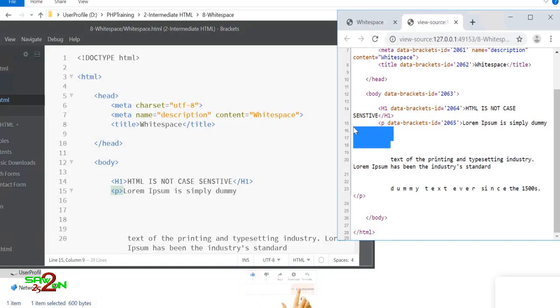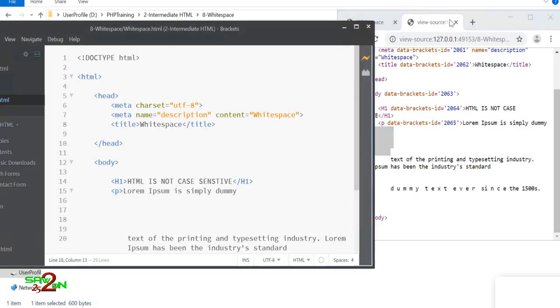You have to understand this concept. White spaces are not displayed. So when you're writing HTML, don't really worry about white spaces. Unless you're writing a pre tag, then you have to worry about white spaces and new lines. But you cannot really add white spaces by adding white spaces in an HTML page.